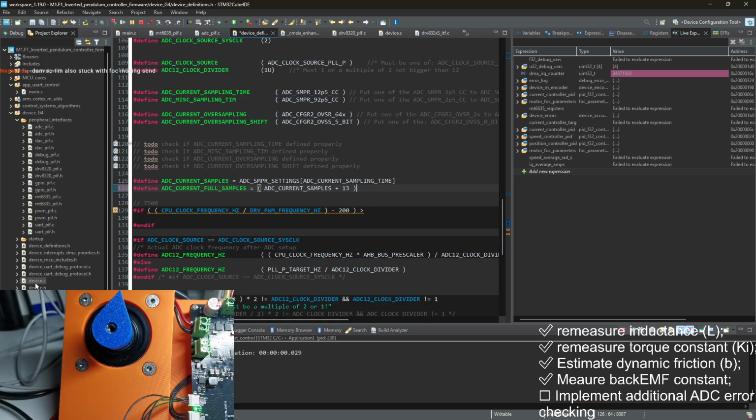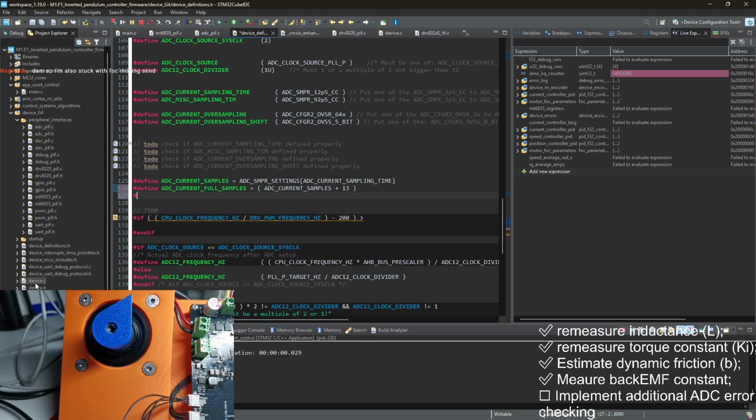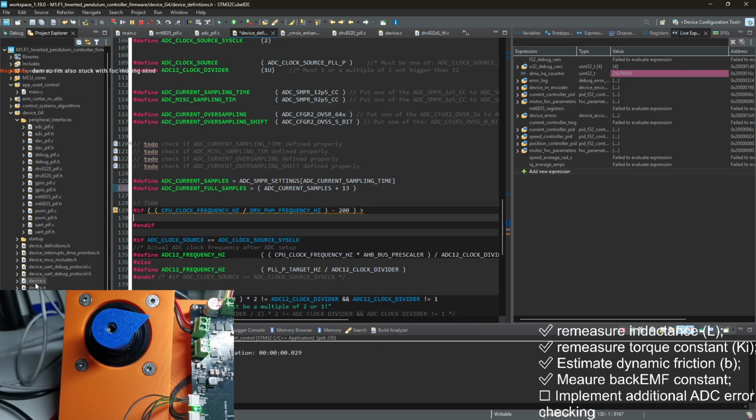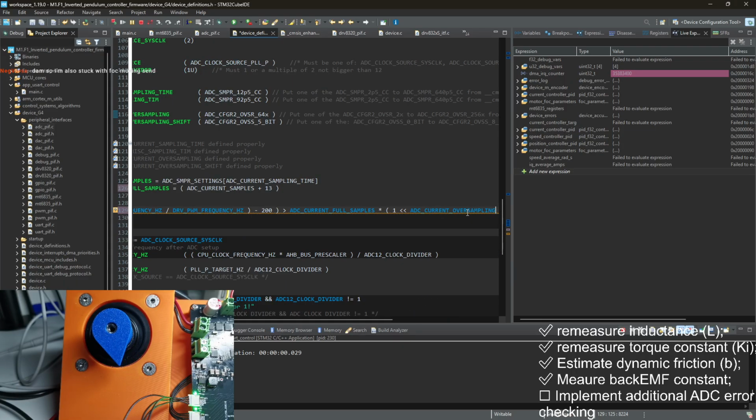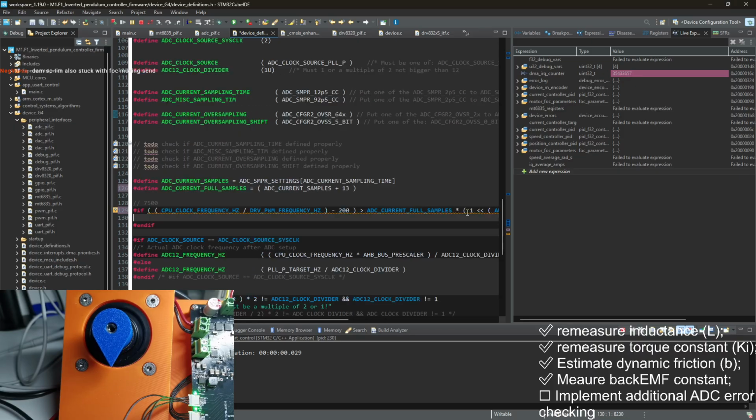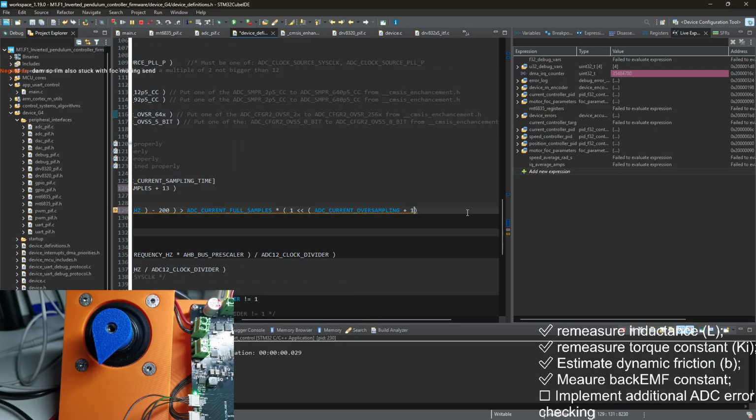So this should be like this. And then we define, and then we use this value. We multiply it by this value by 1. Left shift by this value plus 1. Holy cow, this is complicated. And we add